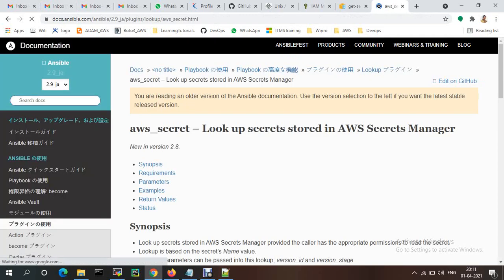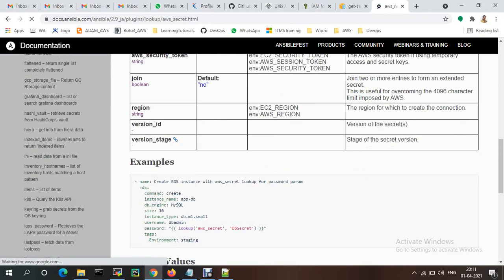For that we just need to use the secrets manager module, where the attributes are like password and tags.